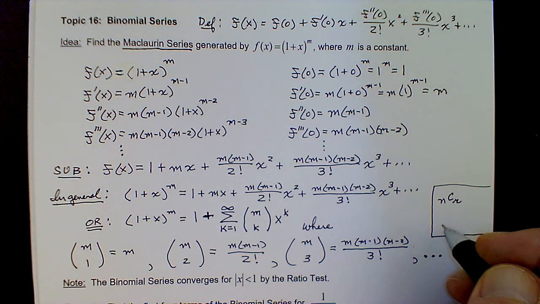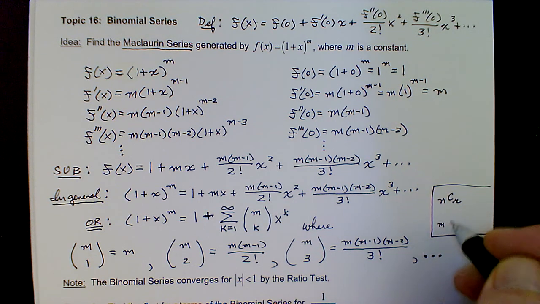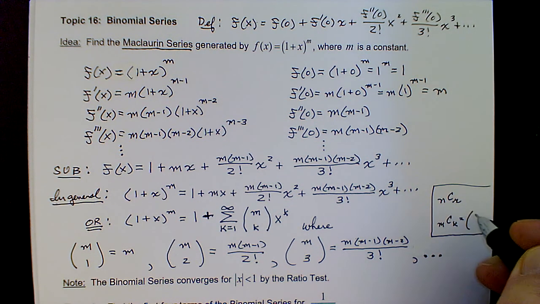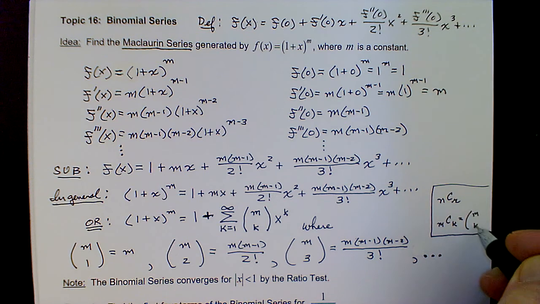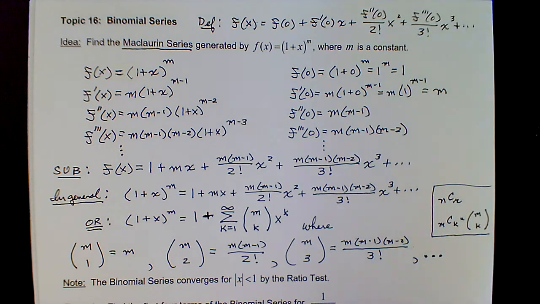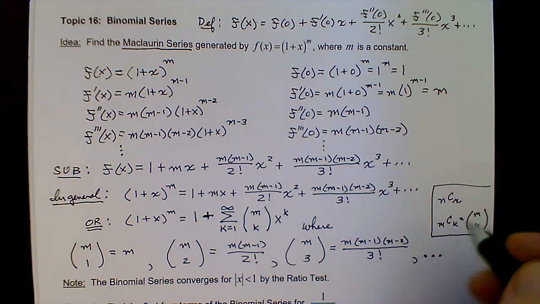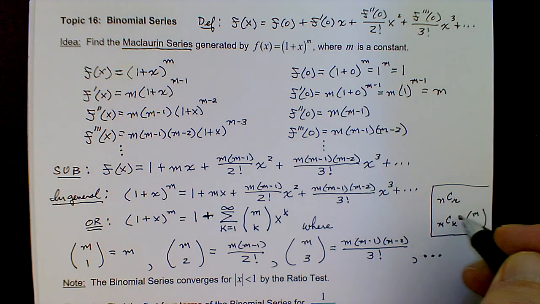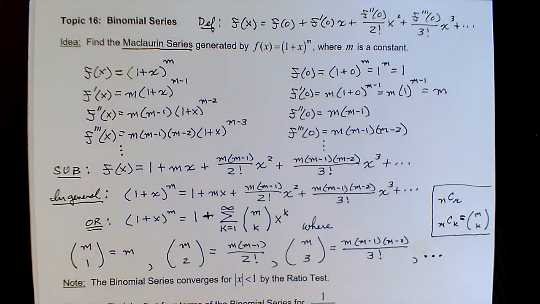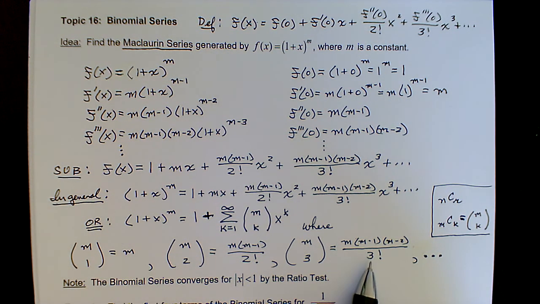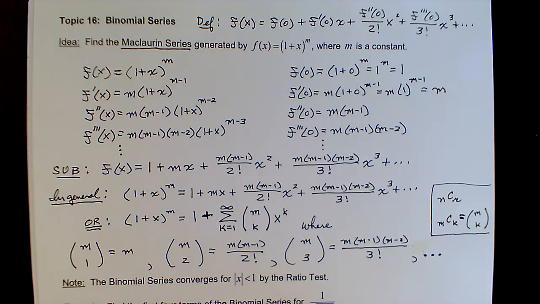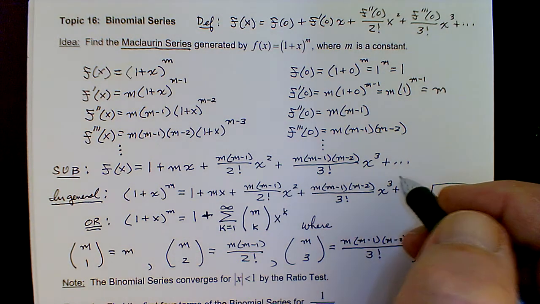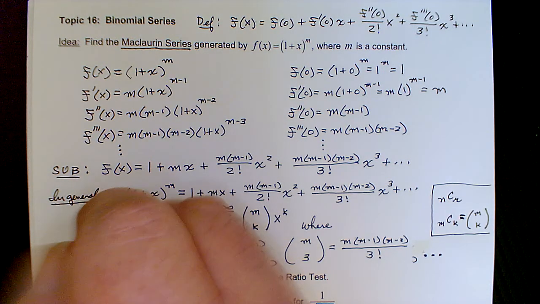And that's really what we're doing here. mCk, let's say, is just the notation for m choose k. So it's just a different notation for combinations. So you don't have to worry about that too much. I'm going to use it as we progress through this example, but we're really just focusing on this